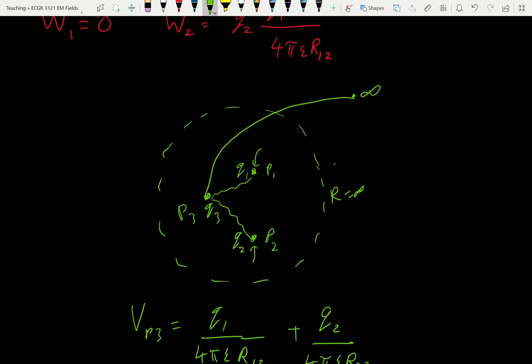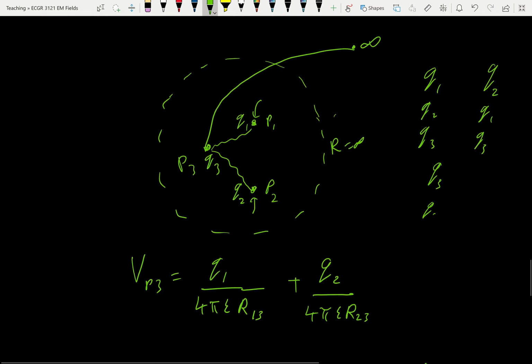Does it really matter if we start with Q1 and then go to Q2 and then go to Q3? It doesn't matter, right? We could have moved Q2 first and then moved Q1 and then moved Q3. We could have moved Q3 first and then moved Q2 and then moved Q1. As long as we end up at the same points at the end,